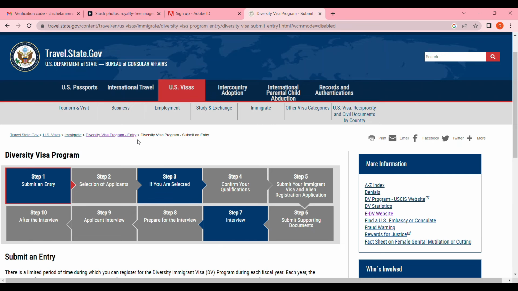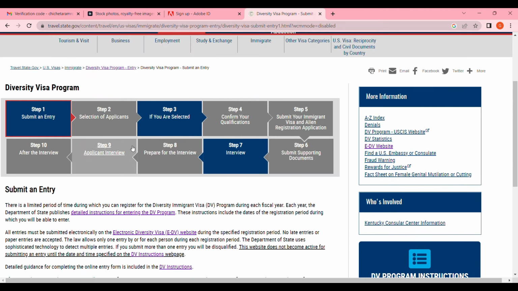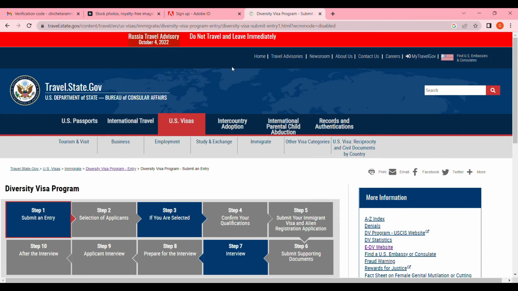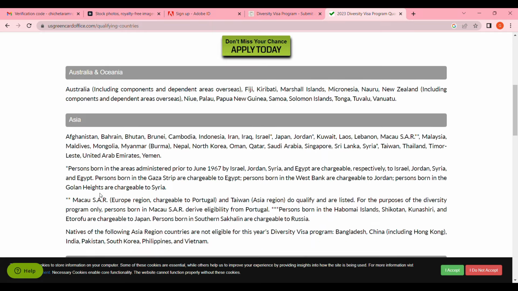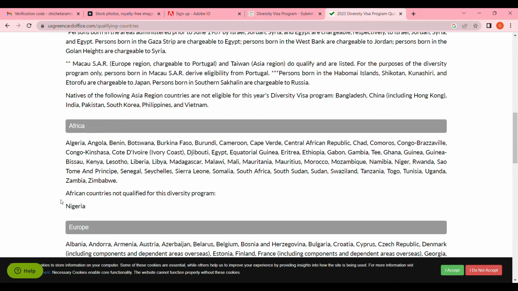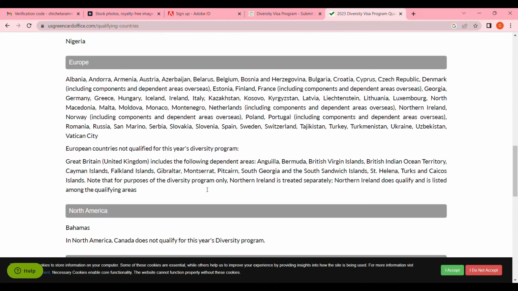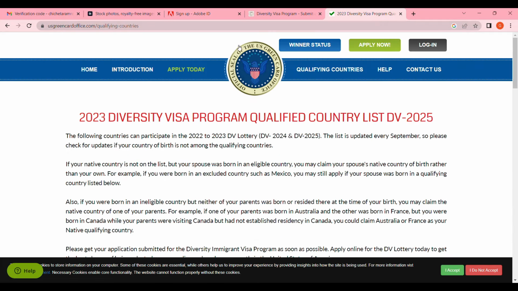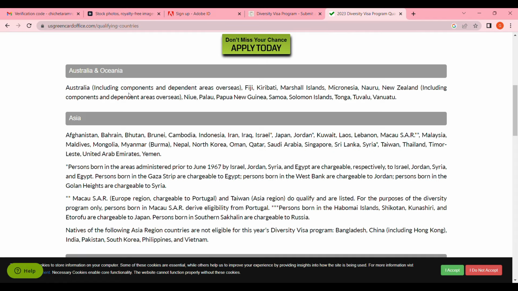So this will give you the exact information you need to apply, for you to know if your country is eligible to apply. Let's see the countries that are eligible to apply. These are countries that qualify to apply for the visa lottery come 2024. You will see countries that are not qualified. You are going to see them here as well. Link of this in the description box. So these are the list of countries that are eligible to apply.